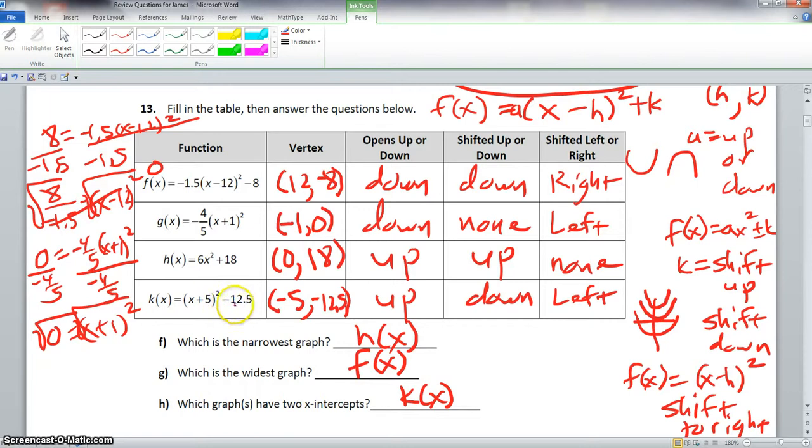Because when we add 12.5 on both sides, we'll take the square root after that, and this is a positive. So we know